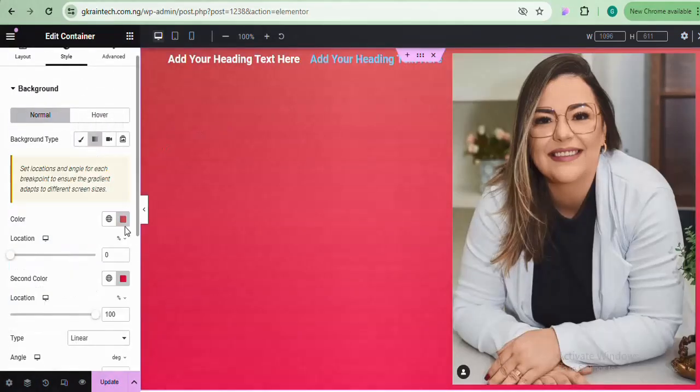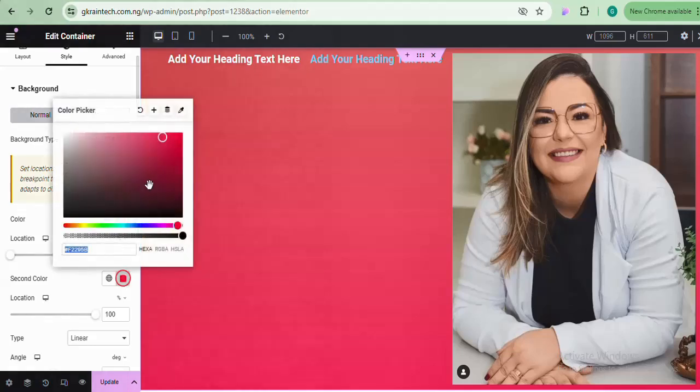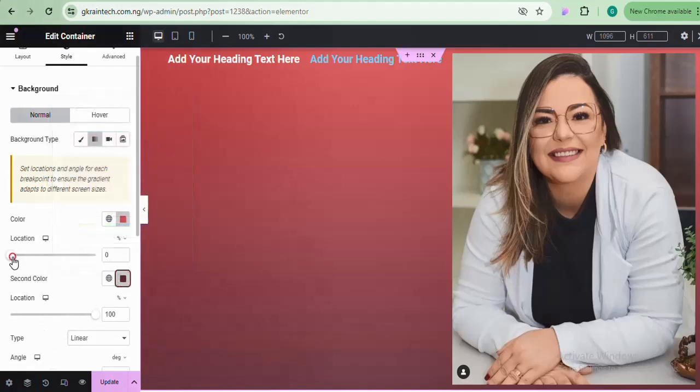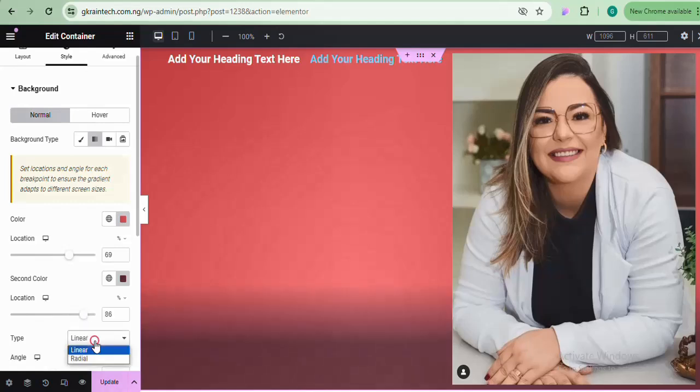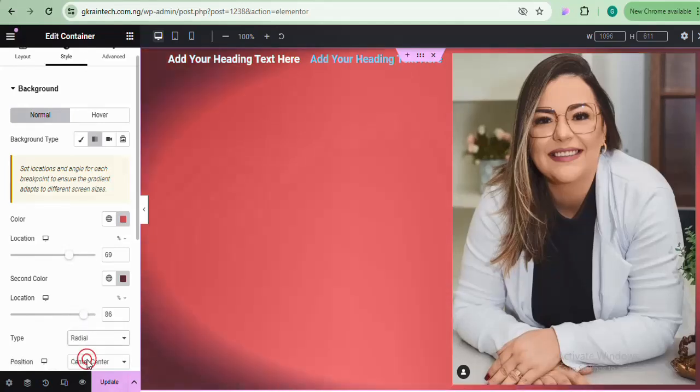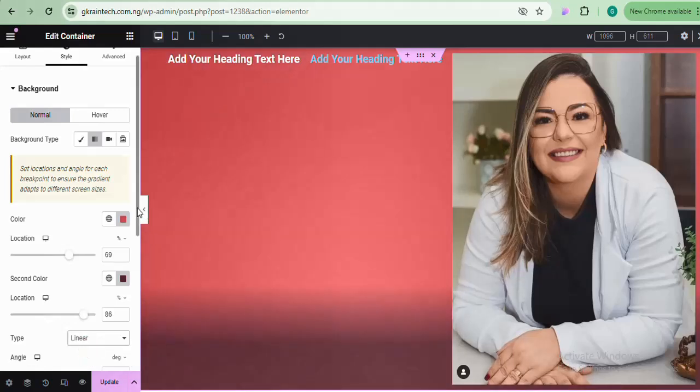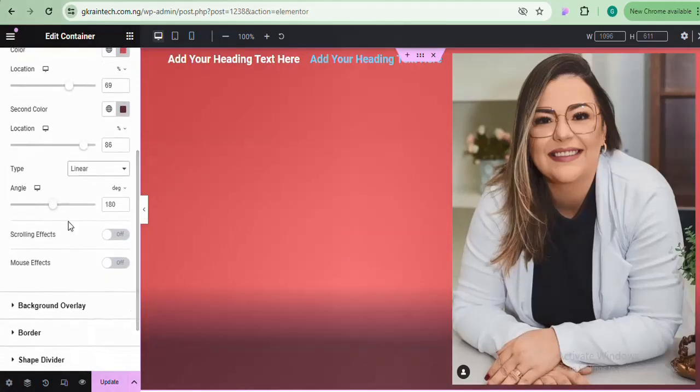If you want to use two colors as your background color, one can be red, the other can be somehow black in color, and you can change the location like this, horizontally and vertically. So this is the blur. Then you can change linear to radial, as you can see here. You can go back to linear, then you can scroll down. This is the angle,